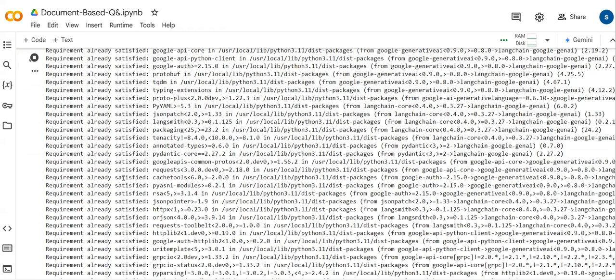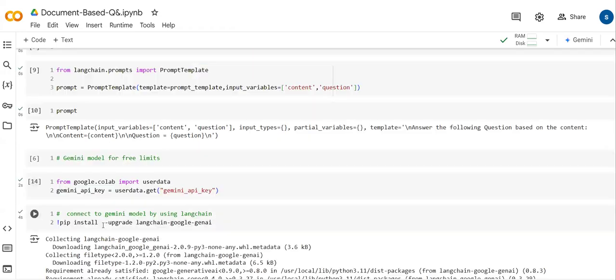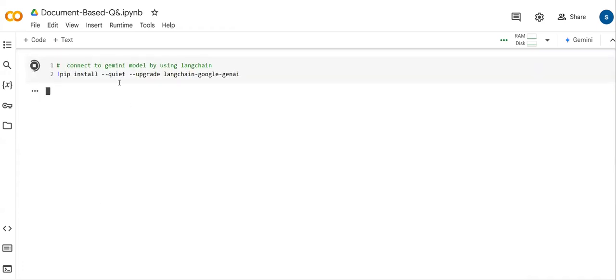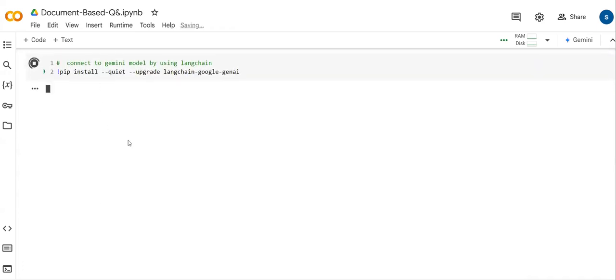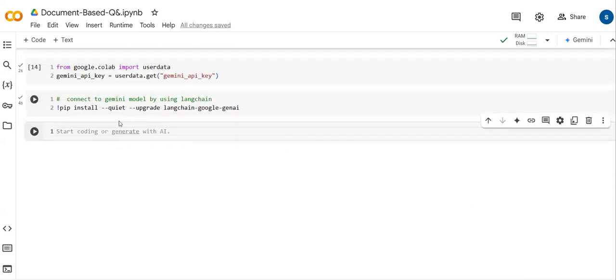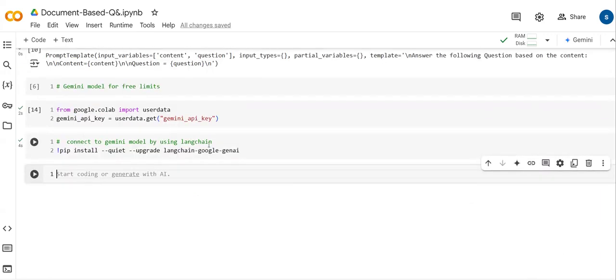Let's say I don't want to see all this output, then you can write quiet, so that all those things won't be visible to you. Yeah, you can see this ran successfully since we did not get any error. So that's what happened here. Now we installed this